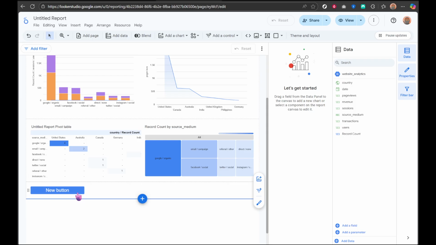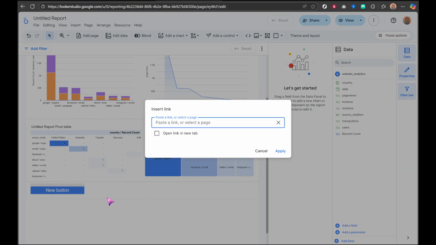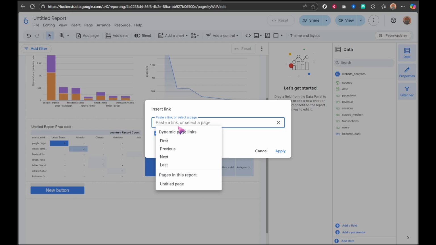Click on the button you've just added and you'll notice a small pen icon labeled Edit Link. Go ahead and click on that. A Setup tab will appear, providing you with several link type options. You can choose a dynamic page link if you want the navigation to adjust automatically as your report pages change. Options for next, previous, first, or last are available, making it easy to create a seamless navigation experience in your